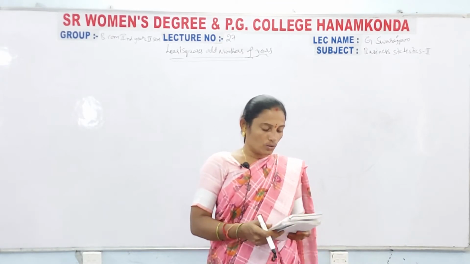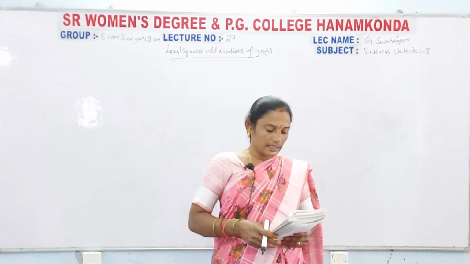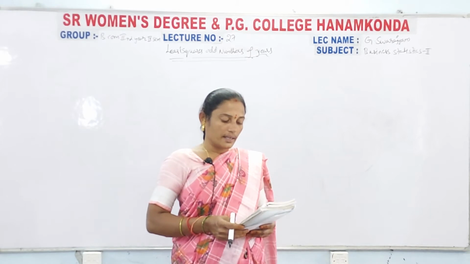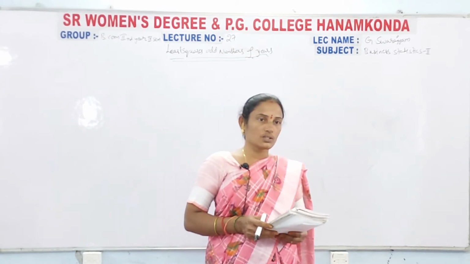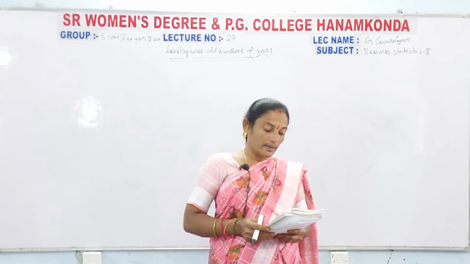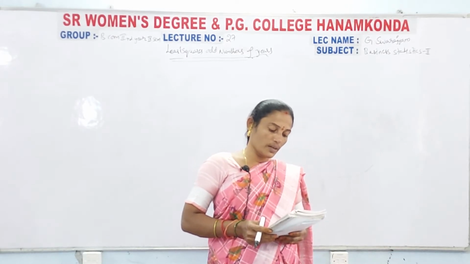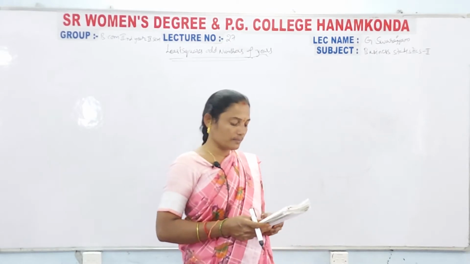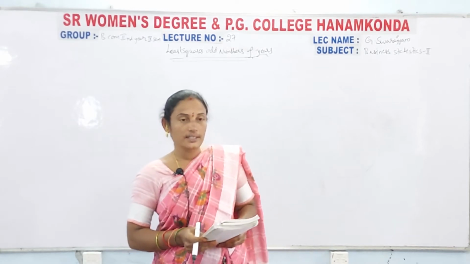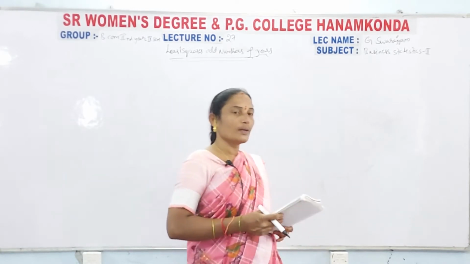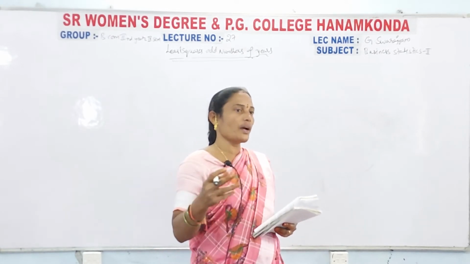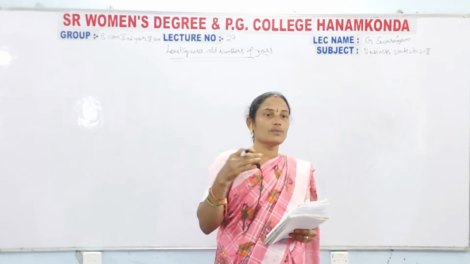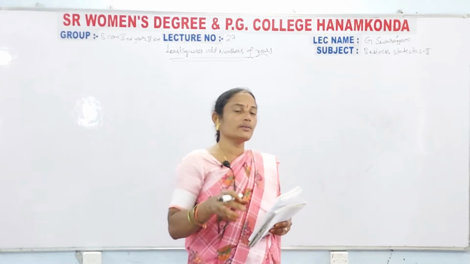So the problem is: construct the straight line trend values from the following data by the method of least squares. We have to take the values and calculate the trend values. Here the years 1, 2, 3, 4, 5 are given, and the items are 89, 92, 71, 90 and 168. You have to calculate the YC is equal to A plus BX value. What is the A value? What is the B value? Then you have to substitute them in the YC is equal to A plus BX equation.